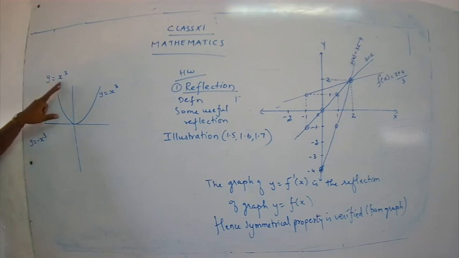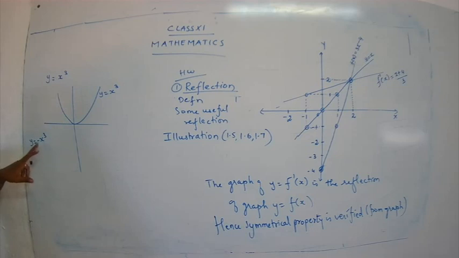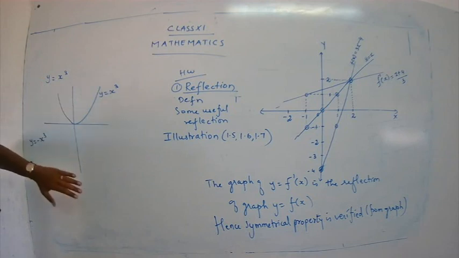Now here see, the functions are the same. What is the function here? y is equal to x cube. And what is the function here? y is equal to minus x cube. Okay, so just a sign change. So how are you going to complete the graph? For this purpose, we have to read the first line of the reflection. What's the first line? The graph y is equal to minus f of x is the reflection of the graph of f about the x-axis. So it's going to get reflected about the x-axis.